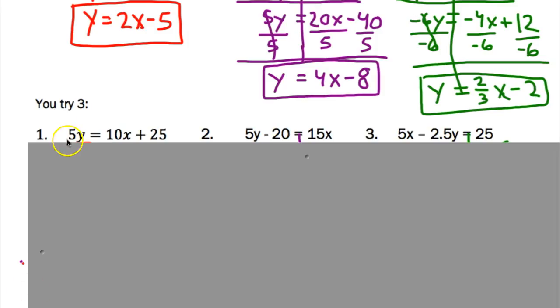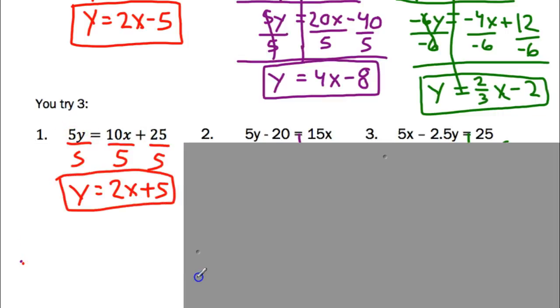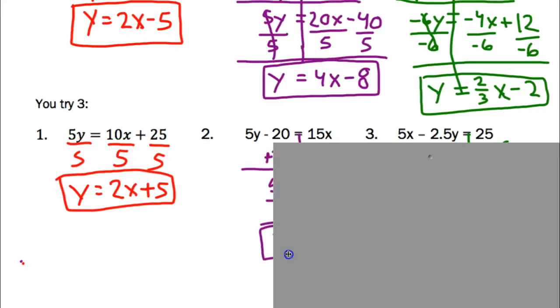So this first one was just like the first one. We had to divide each part by 5. So 5y divided by 5 equals y. 10x divided by 5 equals 2x. 25 divided by 5 equals 5. This second one,